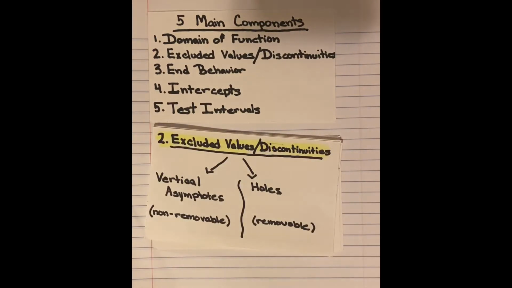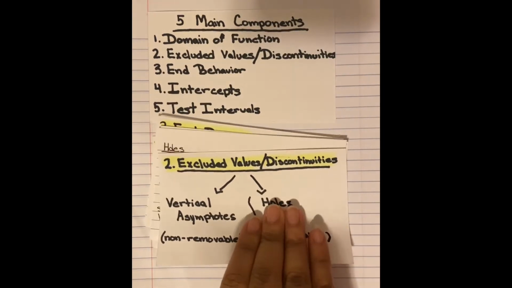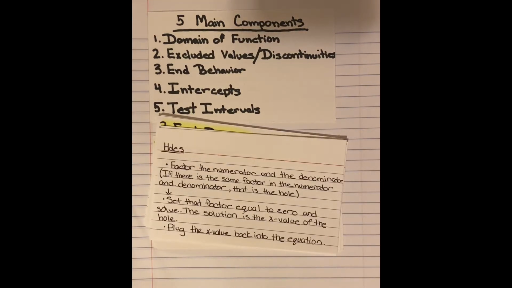Our second component would be looking at our excluded values or discontinuities. And the first one we're going to want to take a look at are holes, because those are removable. So to find holes, we're going to factor the numerator and the denominator. And if there's the same factor in both the numerator and the denominator, that's going to be our hole. So we'll set that factor equal to 0 and solve. The solution is going to be our x value of the hole. Then we'll just take that x value and plug it back into the equation to have our coordinate of the